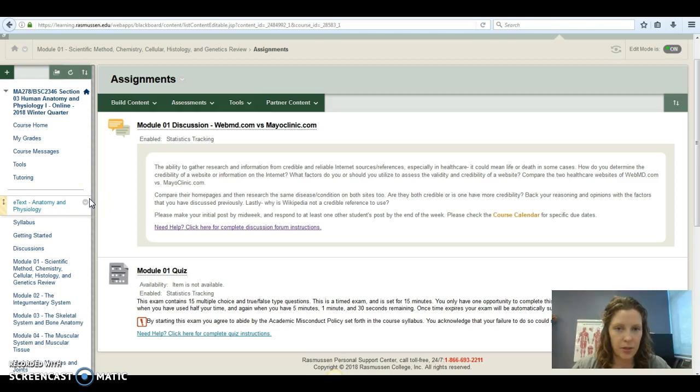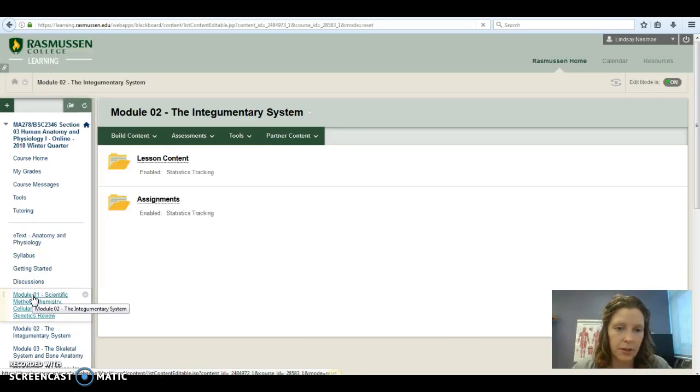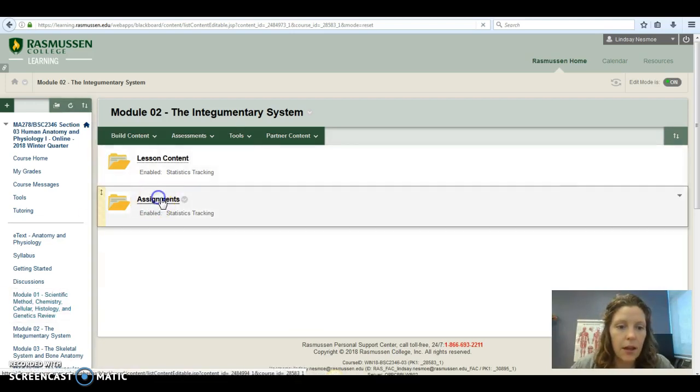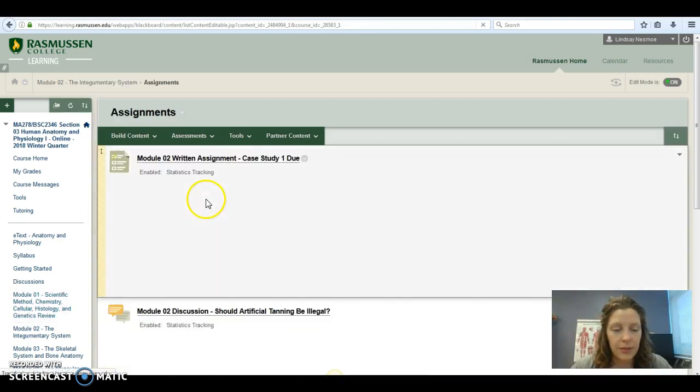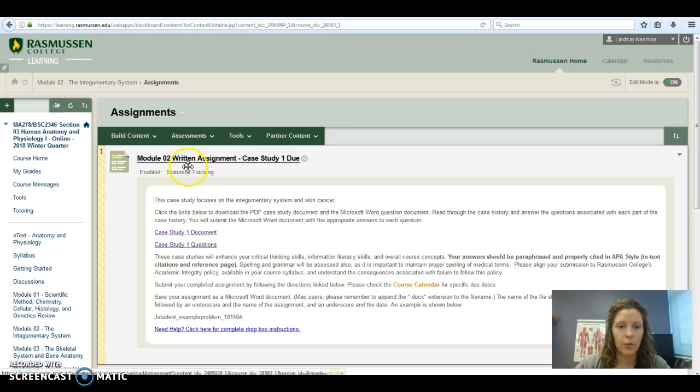Alright, so that's it for Module 1. I'm going to give you a preview of Module 2, and you can take a look at this too if you'd like to. You'll notice that in every even-numbered week, you have a written assignment due, which is a case study. This case study is about,